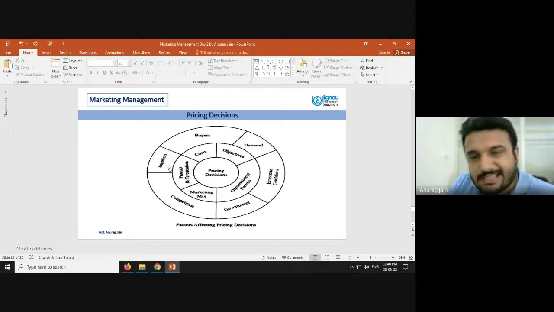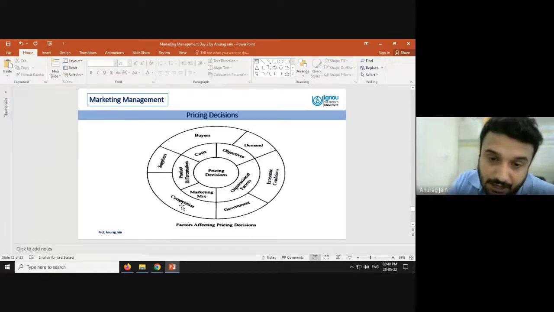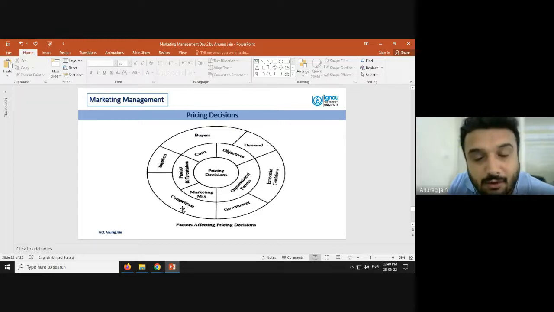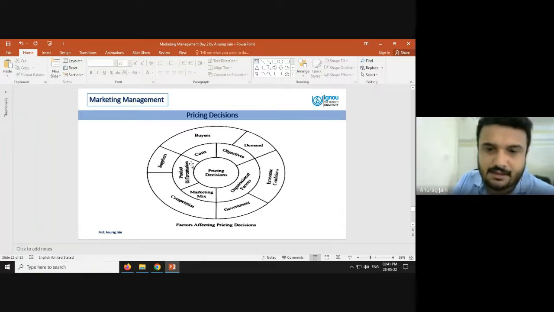So majorly all these factors are considered external factors, and majorly uncontrollable. You cannot impose control over government, you cannot impose control over competitors, you cannot impose control over the demand which you are going to generate out of the overall demand which is there in the market. So uncontrollable factors are the external factors. The internal factors are somehow controllable, and you can actually impose some control over them, right?